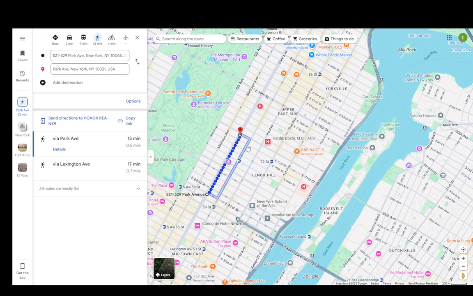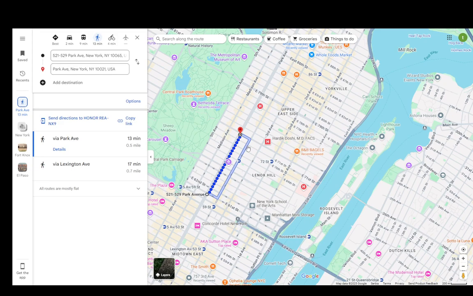And once you're in start, you're going to have the option under directions to choose live view. Live view is going to prompt you to take pictures of your surroundings, so like buildings, signs, and anything that can identify you. It'll place you on the map, and then it'll give you instructions on how to get to your destination of choice. And once you do, you can turn off your phone, put it in your pocket, and